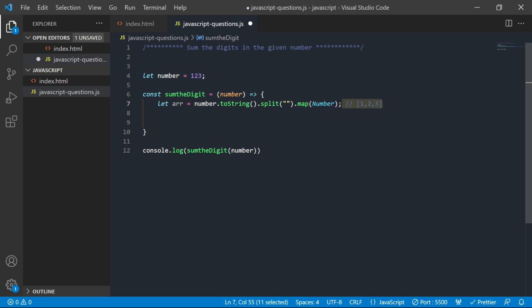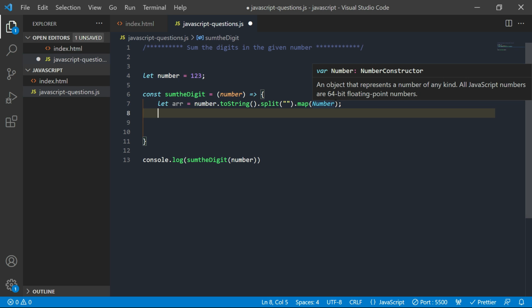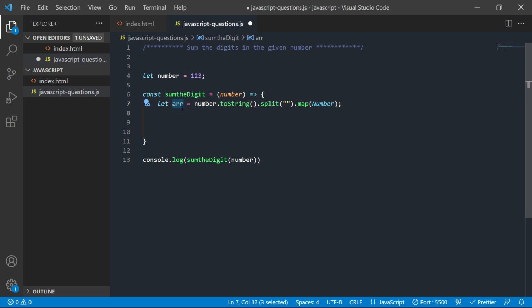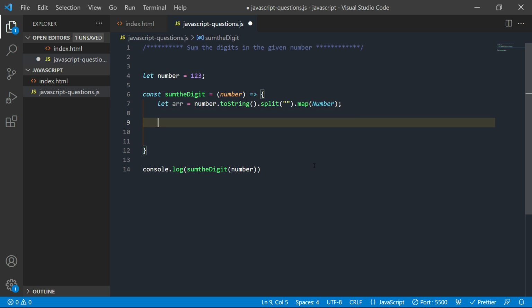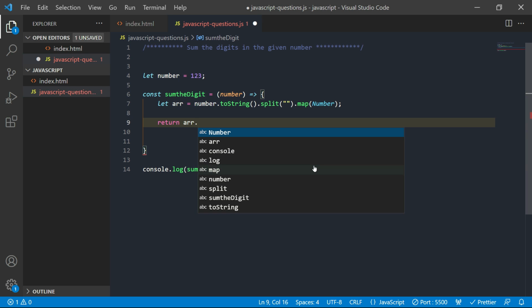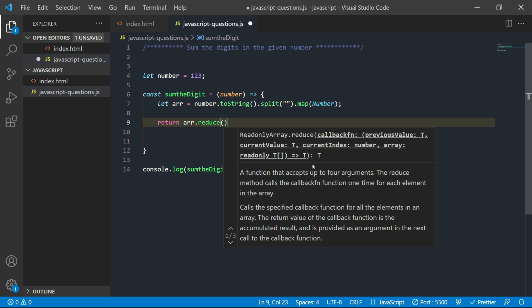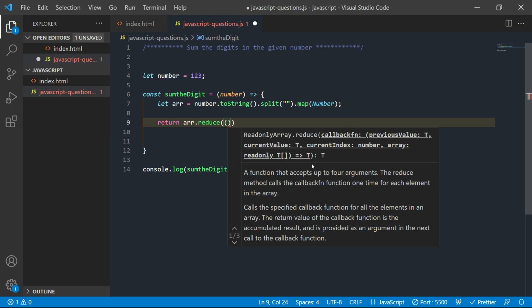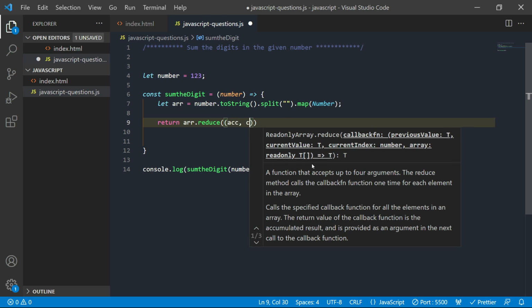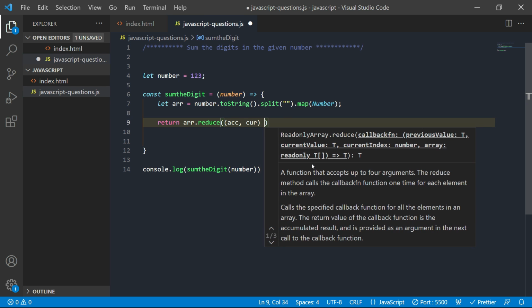Okay, after that let's use the reduce method on this array. So let's return this method, array.reduce. This accepts a callback function with an accumulator and the current value.